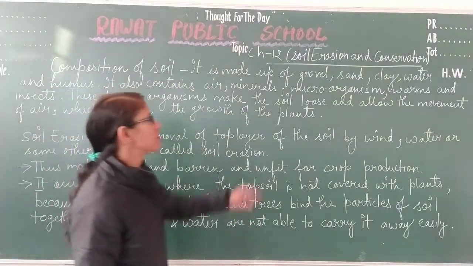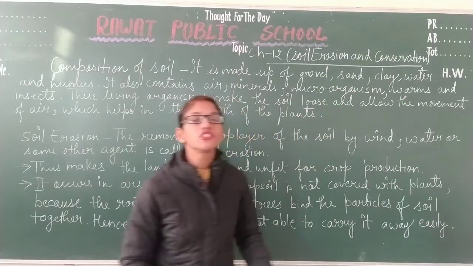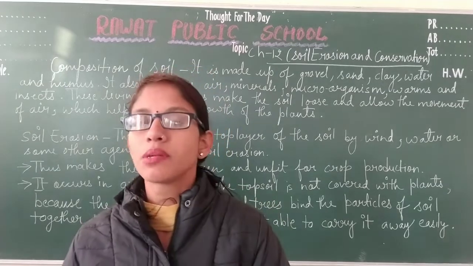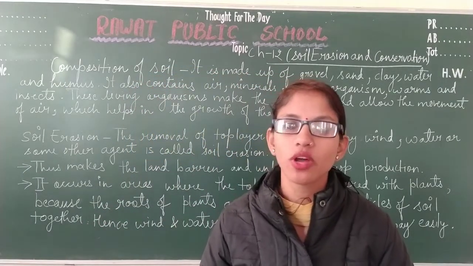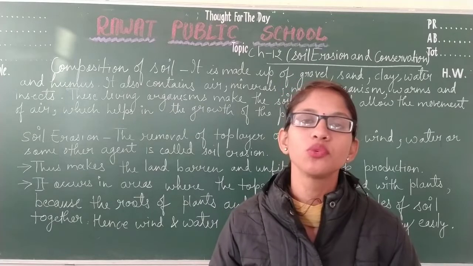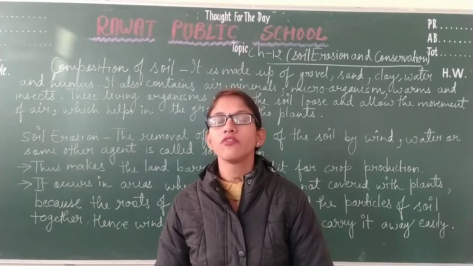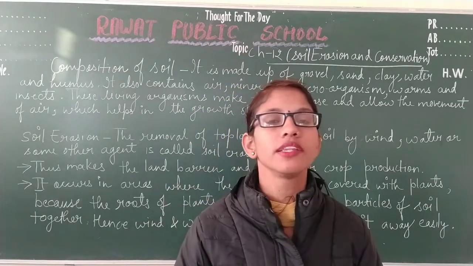So as we are doing our chapter number 12, that is soil erosion and conservation. And in this chapter we have already discussed what is soil. It is the uppermost layer of the earth crust. Then we have discussed the formation of soil, how the soil is formed. It is formed due to the weathering of rocks. So when the heat of the sun, rainwater and strong winds act on the rocks, that results in the formation